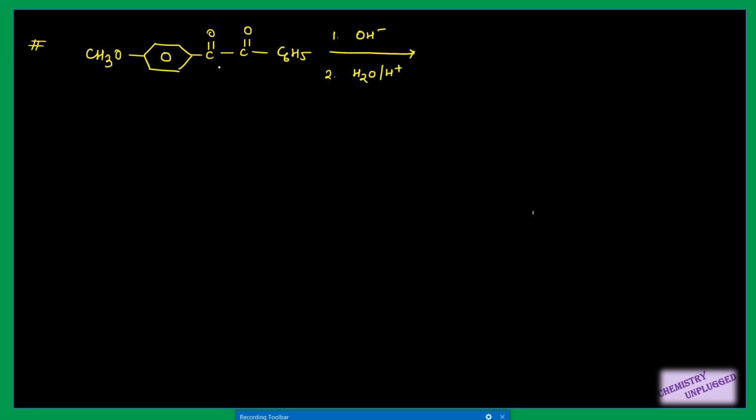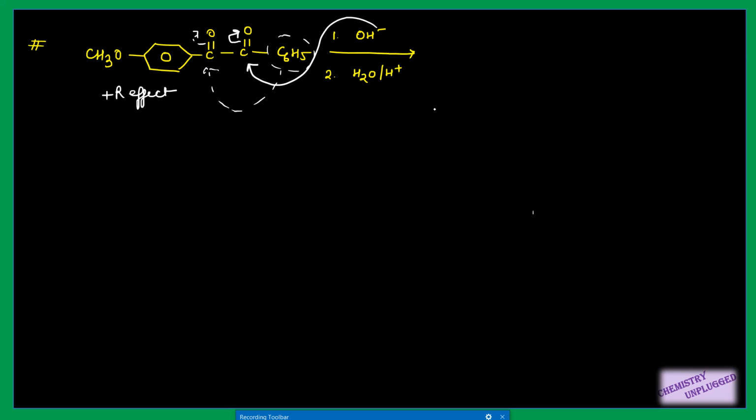Next we have another example based on the same problem. So now we have to decide which ring will be more electron deficient in nature. This is connected with a phenyl group, and this is connected with a group which is plus R, which will cause plus R effect. So this will make this carbonyl electron rich in nature. That is why this OH minus will attack on this carbon, this bond will shift here, and when it comes back to its position, this phenyl ring has to migrate to this carbon, right?